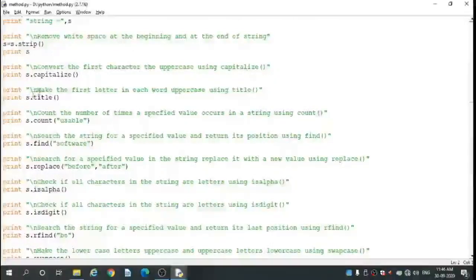Next, print in double quote \n, make the first letter in each word uppercase using the title method. So print s dot title. The title function in Python is used to convert the first character in each word to uppercase and the remaining characters to lowercase in the string.